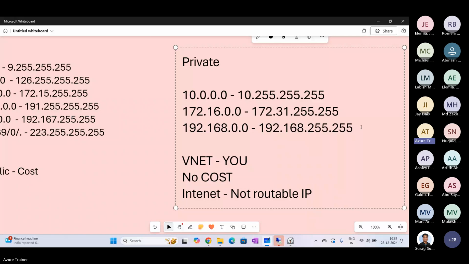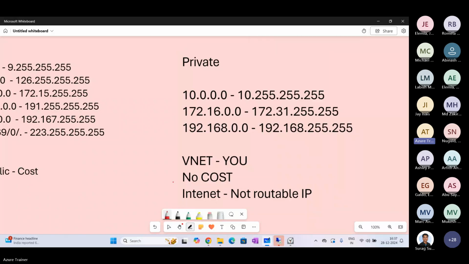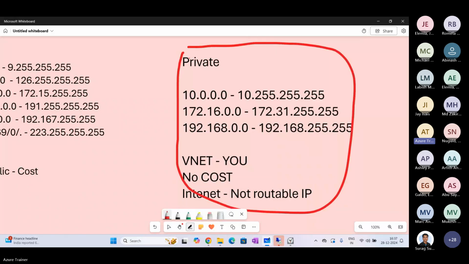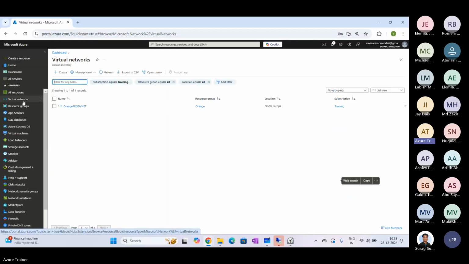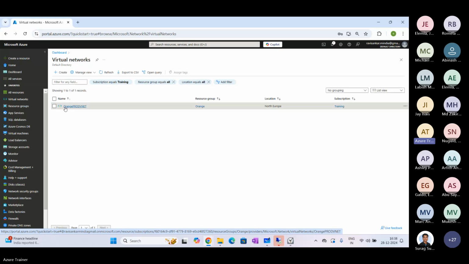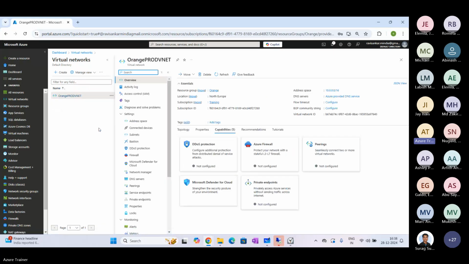Great. So you may have noticed that we have covered the private IP address portion here. We have created one VNet also. Now let's go back and see how this IP address gets distributed. If you go back here, you can see there is a virtual network. It got created here, and the virtual network name we have given is orange prodnet. Now, if you go back here,